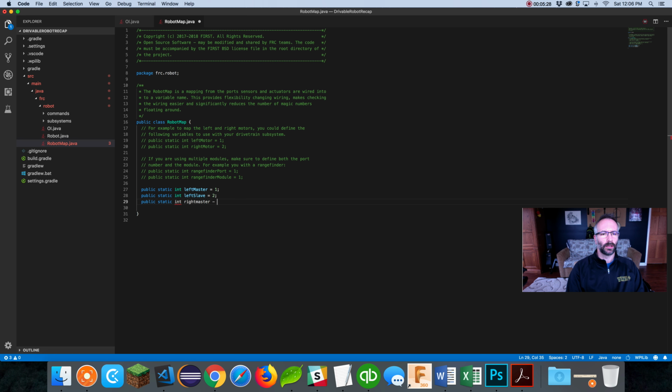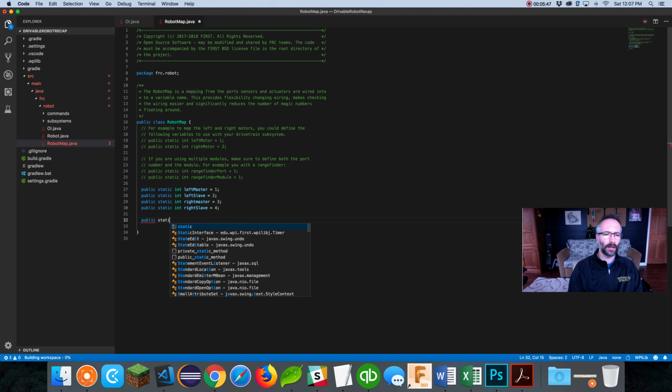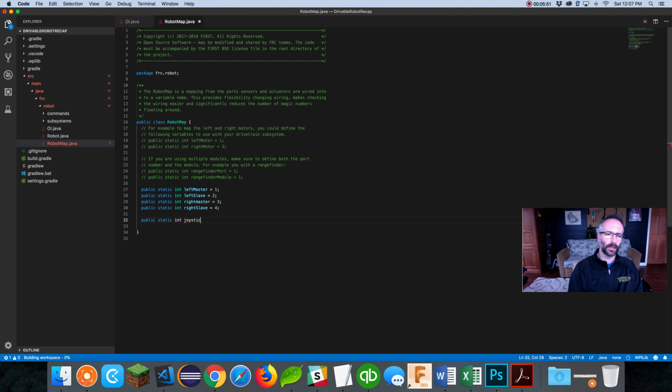Right master is plugged into port 3. And our right slave is plugged into port 4. A moment ago we were in the OI file and we plugged in port 0 for the joystick. So I'm going to make a variable for that, and I'm going to call it joystick port